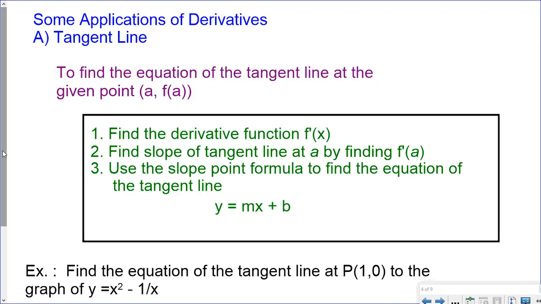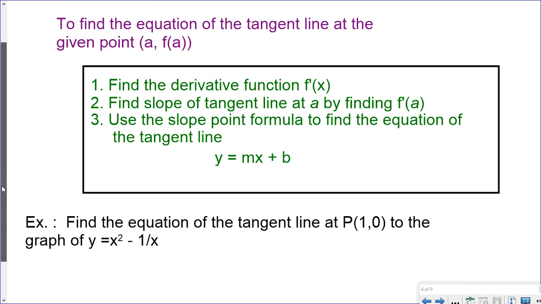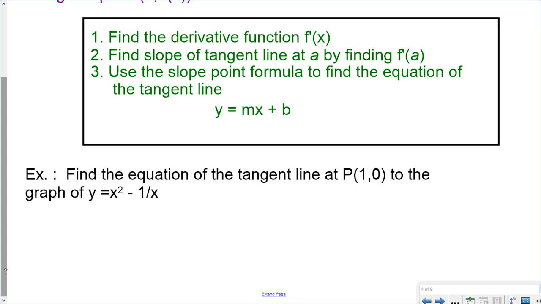Okay, some applications of derivatives. Well, tangent lines. Tangent lines are applications of derivatives. We find the derivative, we find the value of the slope at the particular point, and then we write the mx plus b expression. So let's see if we can do an example here. I'm given a function, and I want to find the equation of the tangent line at a particular point on this graph. I can confirm this in Desmos, but the first thing I do is find